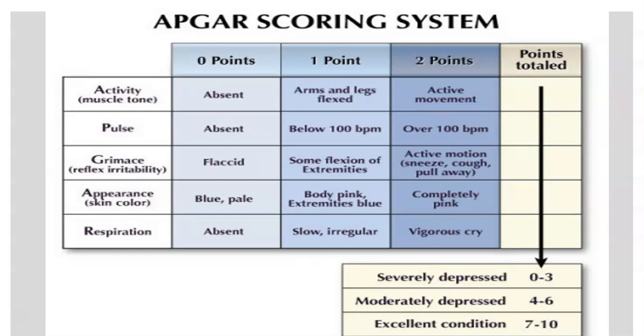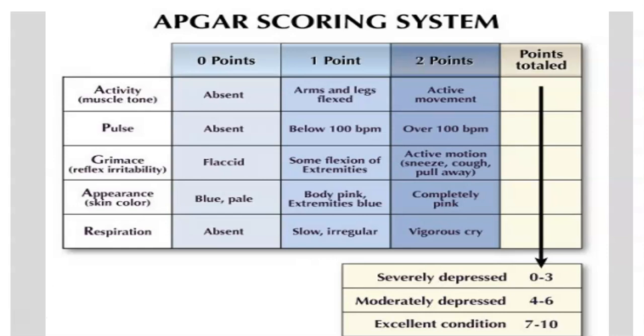Another way you may see it listed is if they have some flexion, like with the arms and legs flexed, they'll use that as muscle tone as well. So are they fully flexed where, when you pull their arms up, do they spring back to them like you would expect a baby, or do they kind of limp down?